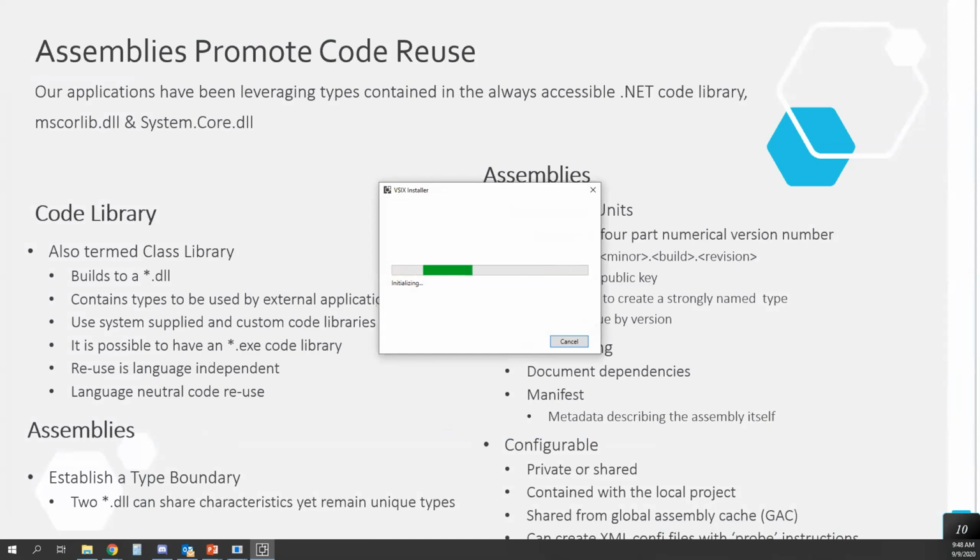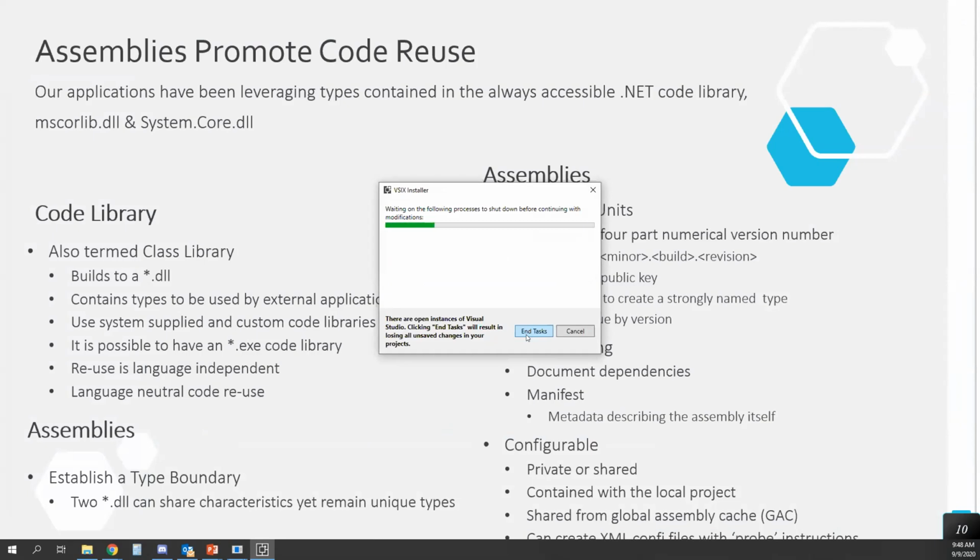And I'm going to let it install. So while that's running,